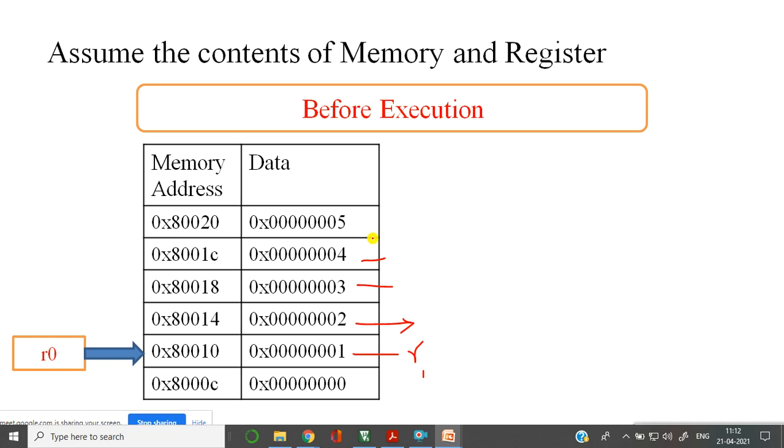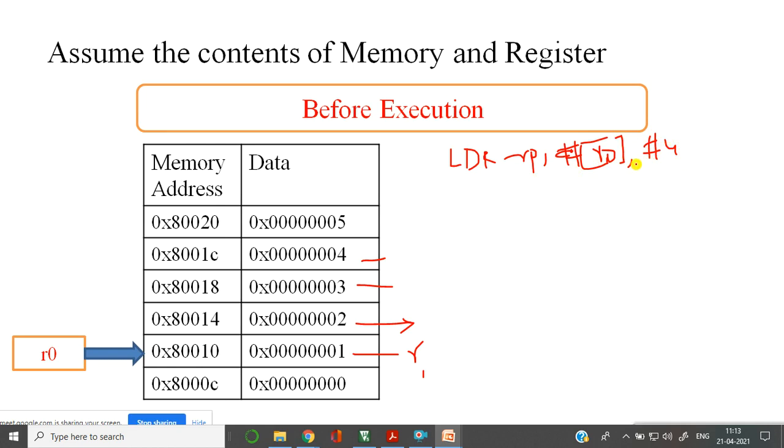Now what would the regular approach be? If I am using LDR with a single register, I would have used the pre-indexing or post-indexing mode to fetch each data. I fetch this data, then I move to the next, and I would say LDR R0, [R1, #4]. Sorry, this is LDR R0, [R1], #4.